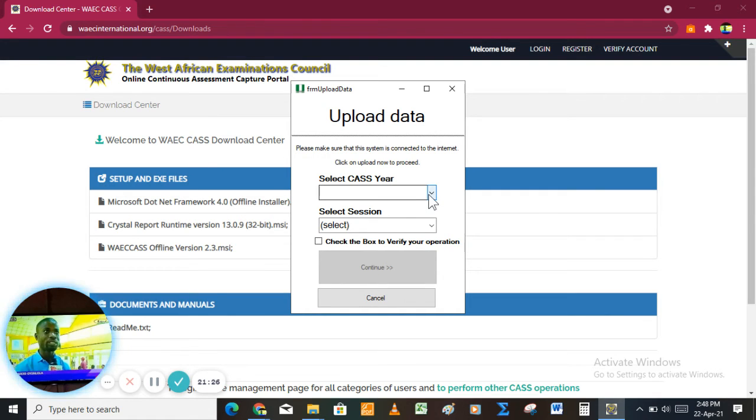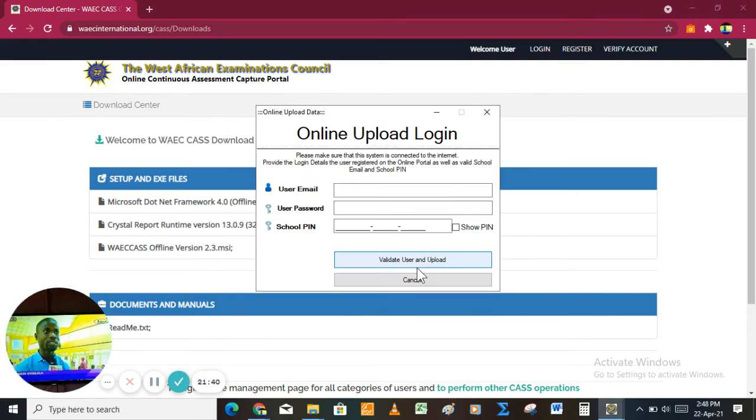Then I'll select the class I want, the first class, then the year. Then I'll click on it like this. Then I'll check this box to make it valid. If I press continue like this, now you see what is going to be here. It should now give me another dialog box to input all the credentials that I will use to